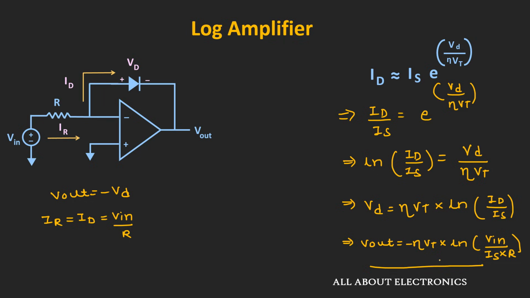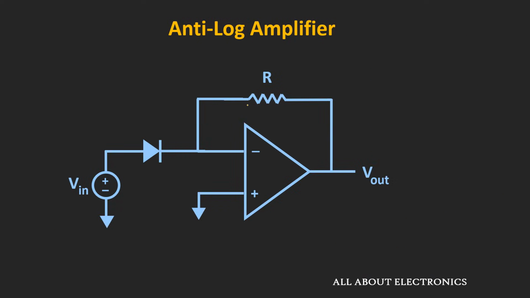Now we will talk more about this log amplifier at the later part of the video, but first of all let us see similarly how we can design the anti-log amplifier. So now here, just by interchanging the position of this diode and the resistor, we can convert the log amplifier into the anti-log amplifier. So now here, let us assume that the current that is flowing through this diode is equal to ID, and the current that is flowing through this resistor is equal to IR, and Vd is the voltage across this diode. Now because of the virtual ground concept, this node will also be at a ground potential.